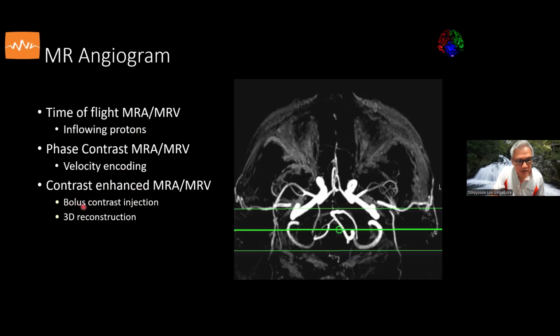This is where a bolus of gadolinium is injected, and then the vascular tree is reconstructed. So this makes it less prone to the ambiguity of false positives and negatives. That is why in many of our studies with vascular diseases, we usually use time of flight, or in some instances, phase contrast,